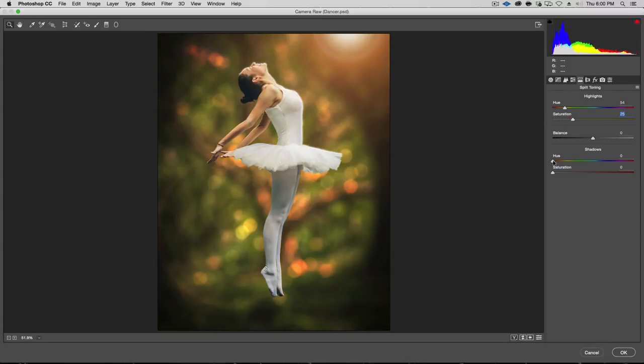And in the shadows, probably a little colder. So somewhere around here, maybe in the purples or blues, something like that. And not too strong. I don't want my shadows to be too purple, but you see how it kind of blended that image a little bit. The blacks are a little bit purple, and the highlights are a little warmer,